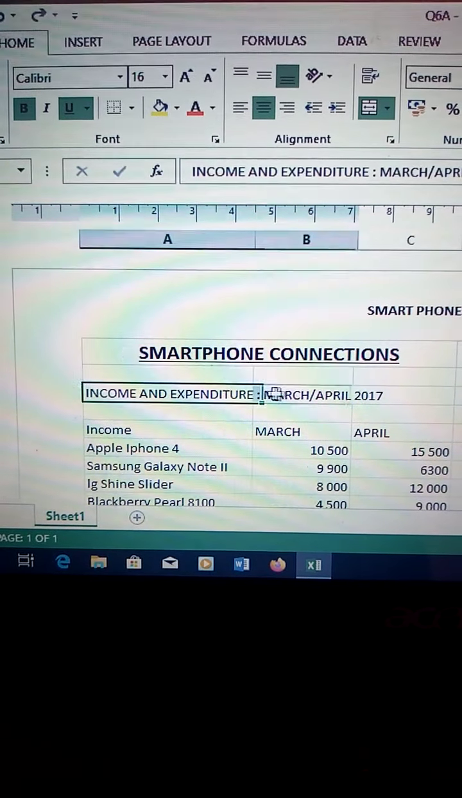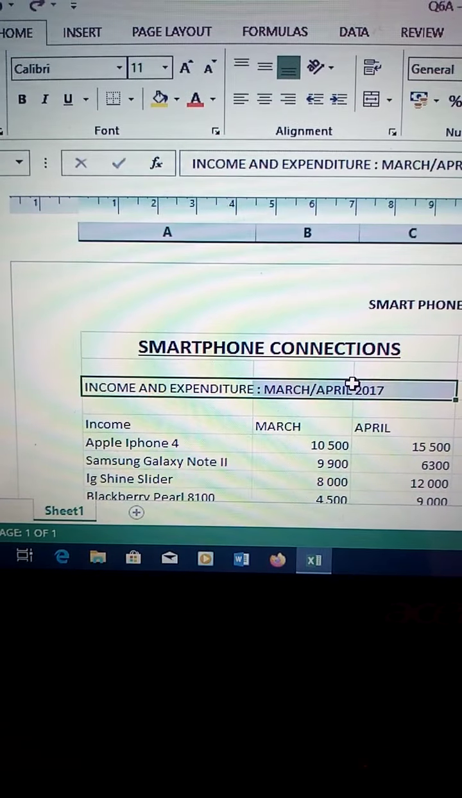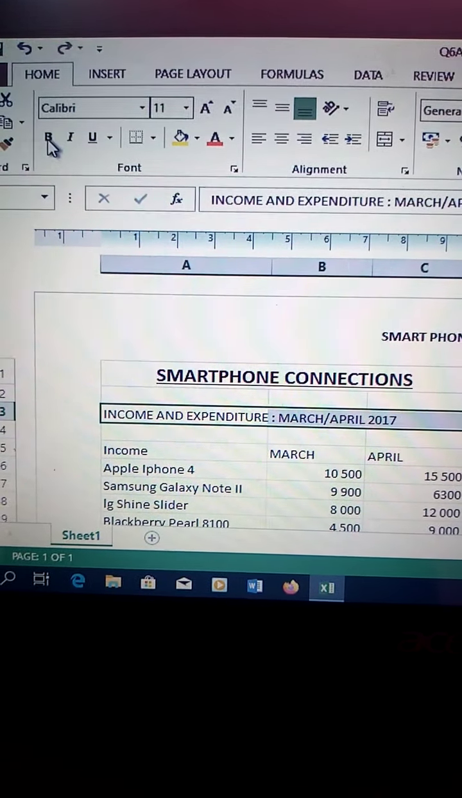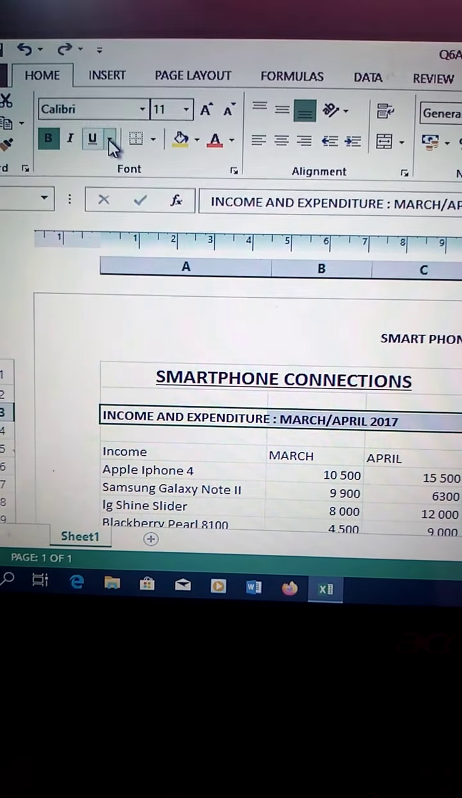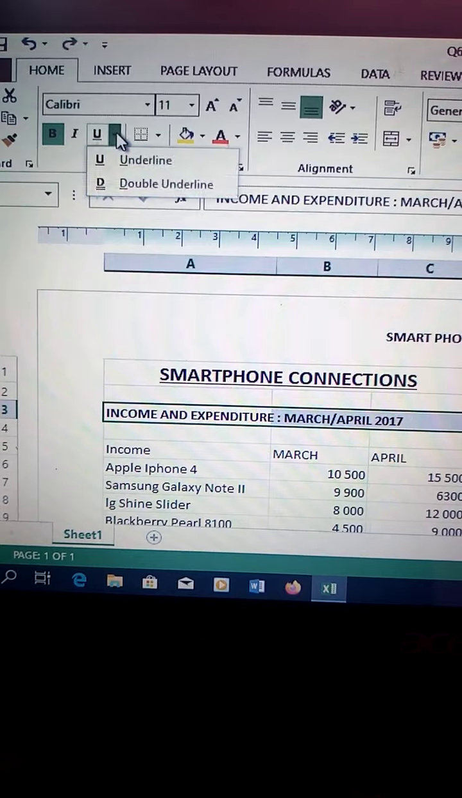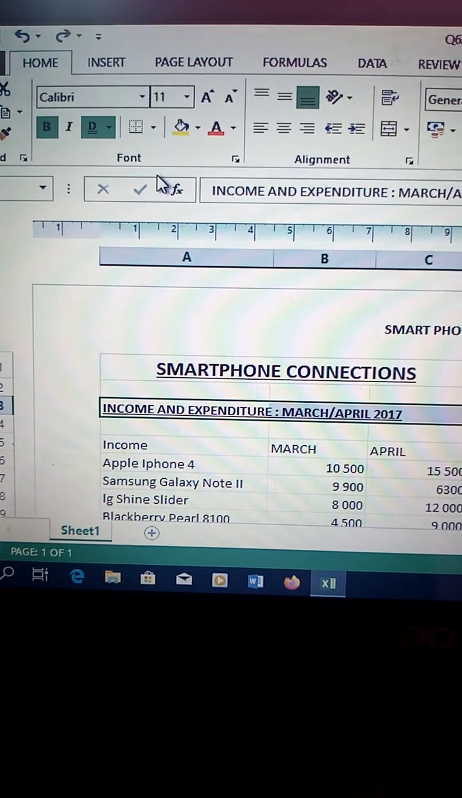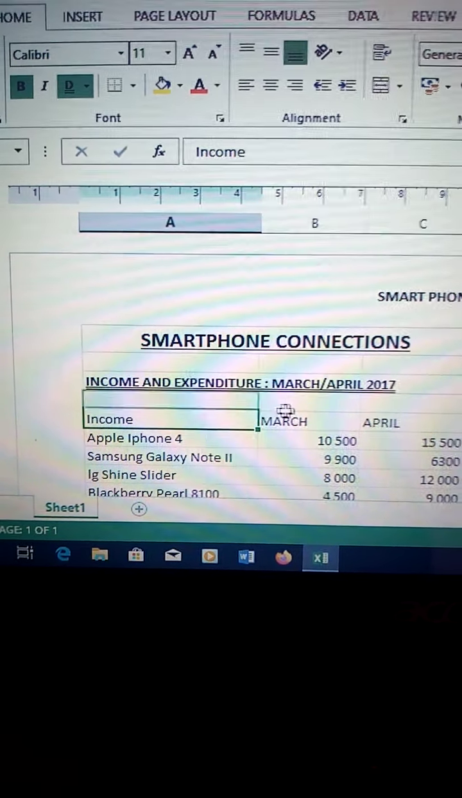Income expenditure March, April 2017. Bold. Still under home tab, B for bold. And double underline, U for underline, arrow. You click to open. And then double underline. Next text. This row, you highlight,